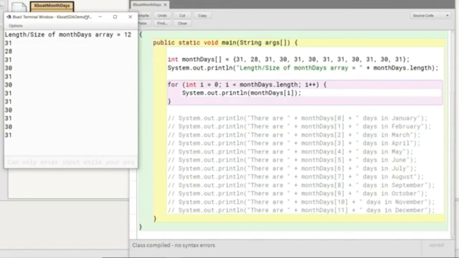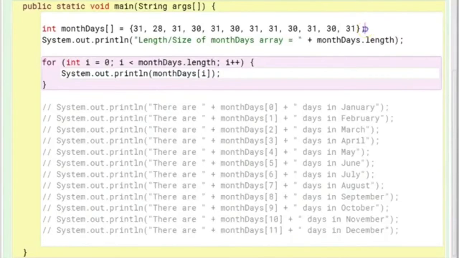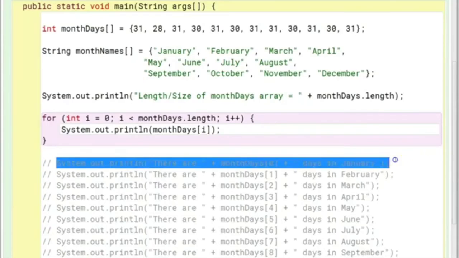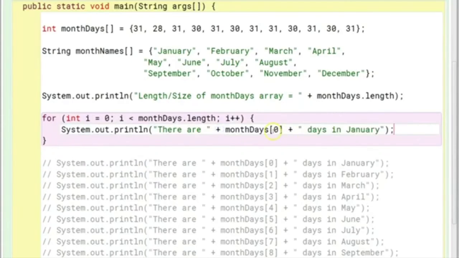If I create another array to hold the names of the months, then I should be able to do it. Let me show you what I mean. I have defined another array monthNames to hold the names of the months. Now let's try to change our original println statement to take the month names from this newly created array. I will replace this 0 with i. Next, in place of this January, I will use my newly created monthNames array to get the names of the months like this.